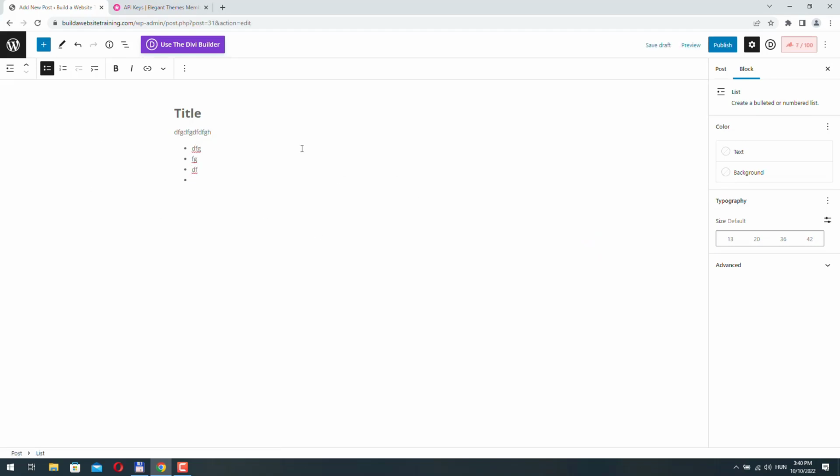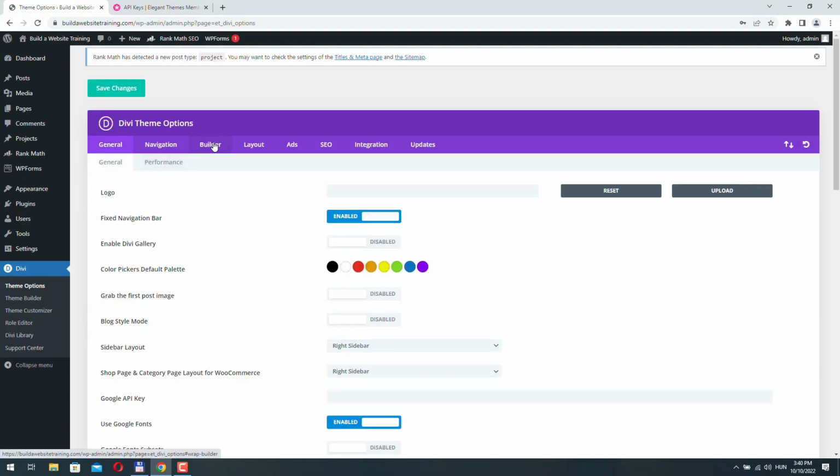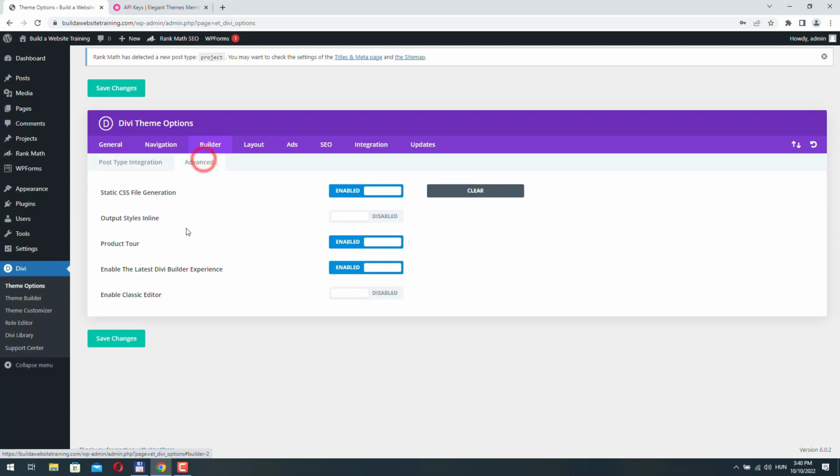But I really don't like this. So what I usually do is I go back to Divi theme options, I go to Builder, Advanced, and I enable this classic editor.